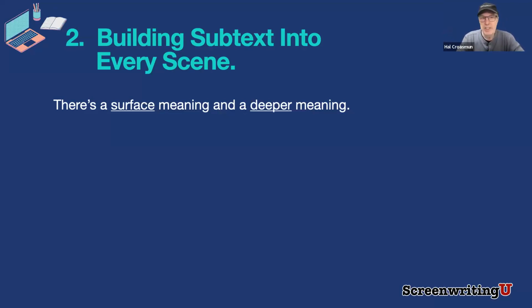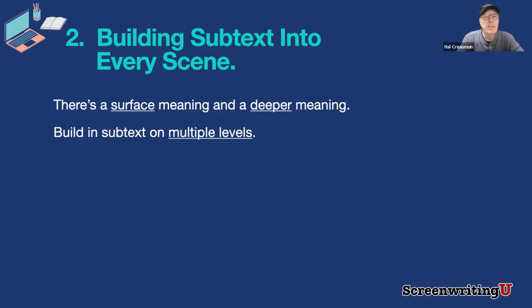But the easiest thing to do is just to look and see, do you have both? And do you have both such that one of them doesn't say what the other says? If your surface meaning and your deeper meaning are the same thing, there's no subtext there. We're still on the surface. So keep that in mind. That was one of the big problems that I had along the way. Once I learned this, it was so much easier.